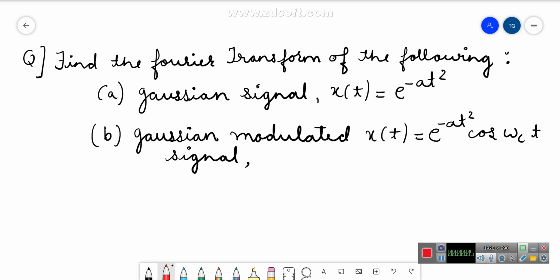In this video, we will solve the Fourier transform of the following signals: the Gaussian signal given by e to the power minus at square, and the Gaussian modulated signal. That means my Gaussian signal is getting modulated by a cosine signal, that is e to the power minus at square into cos omega ct. Now we will solve